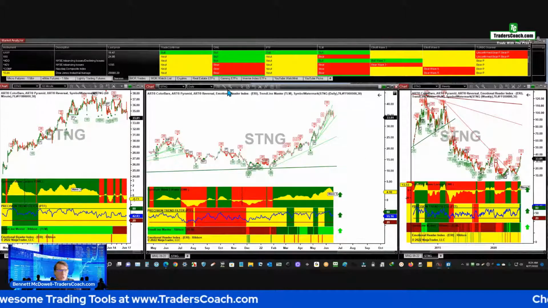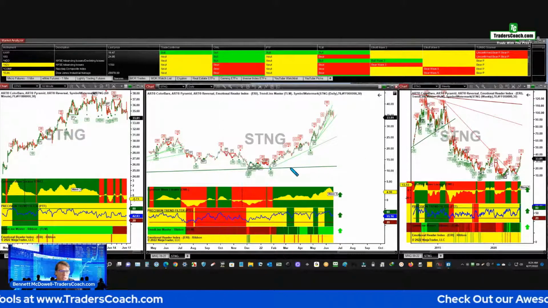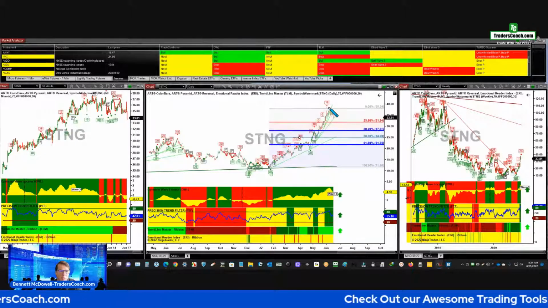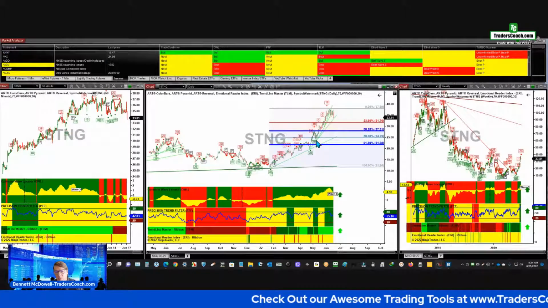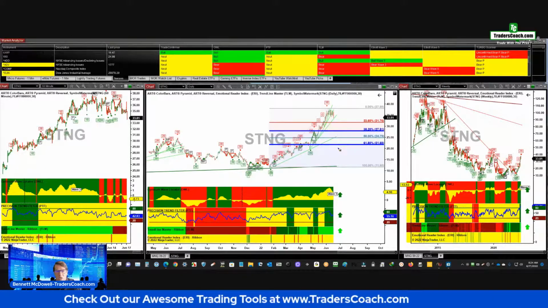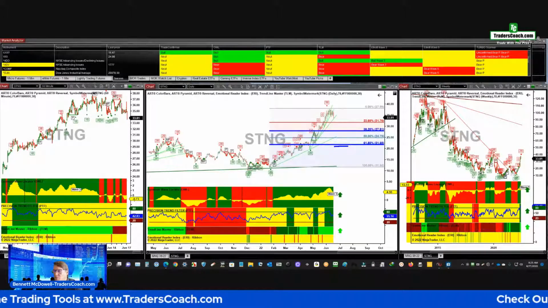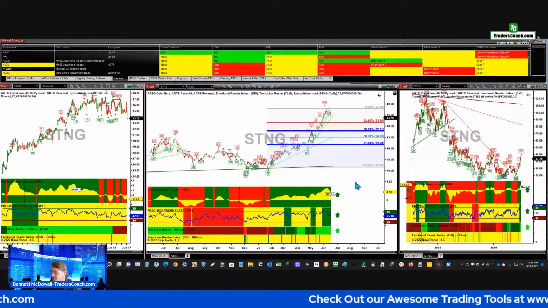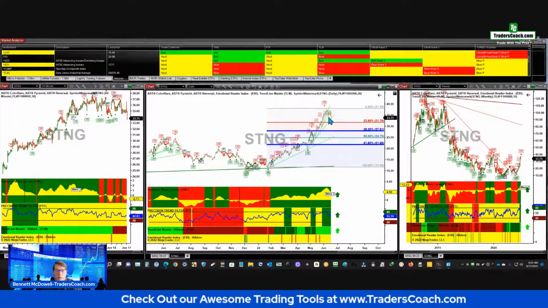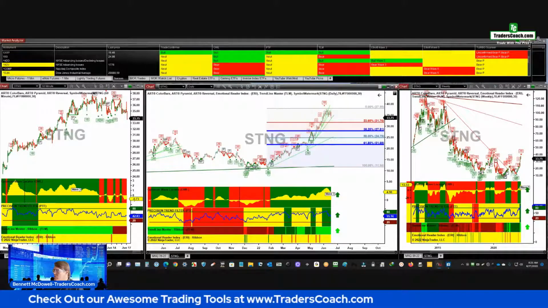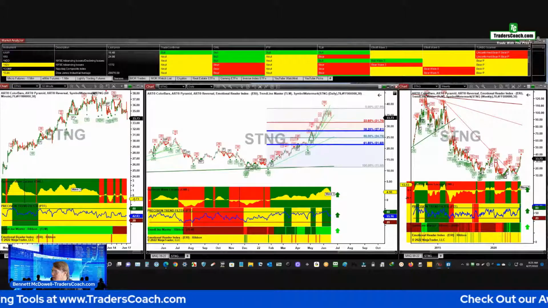Okay, let's just draw a quick fib retracement on this just to be sure that pyramid is sitting. That pyramid stop is sitting right in the lower half of the target range. So you may want to put the stop just under the fib here to give it a little more room, okay? Nothing wrong with doing that. Unless you want to get out entirely and try to get back in here. But I certainly would definitely scale out some there. And that's STNG. All right, let's keep going here.